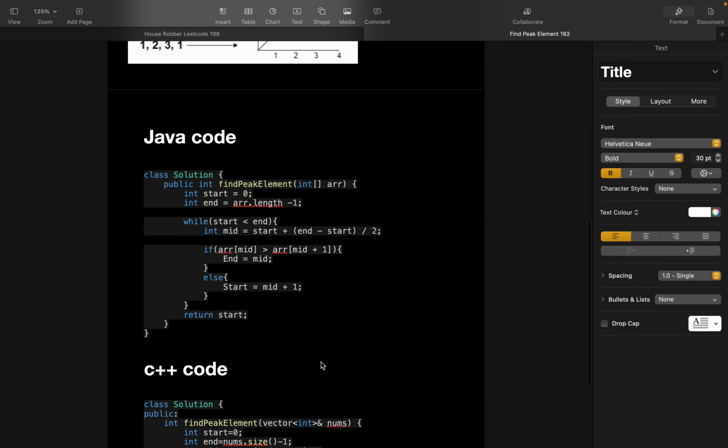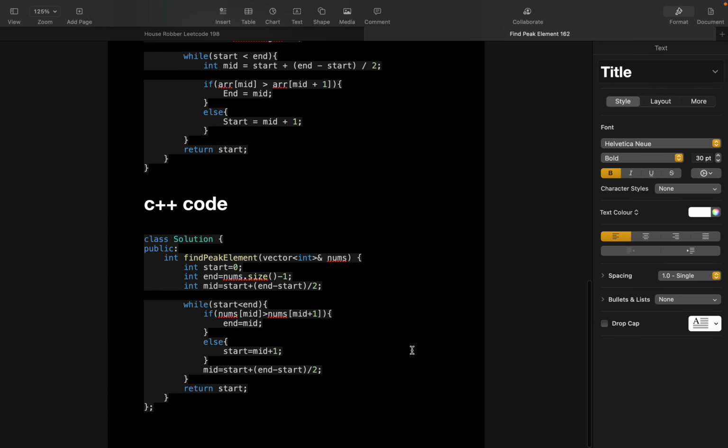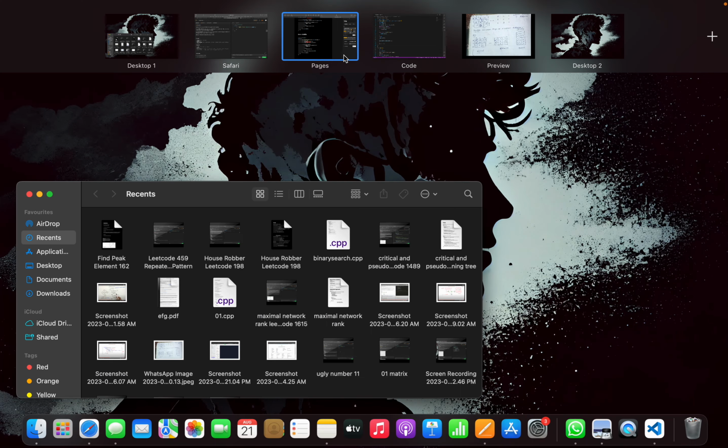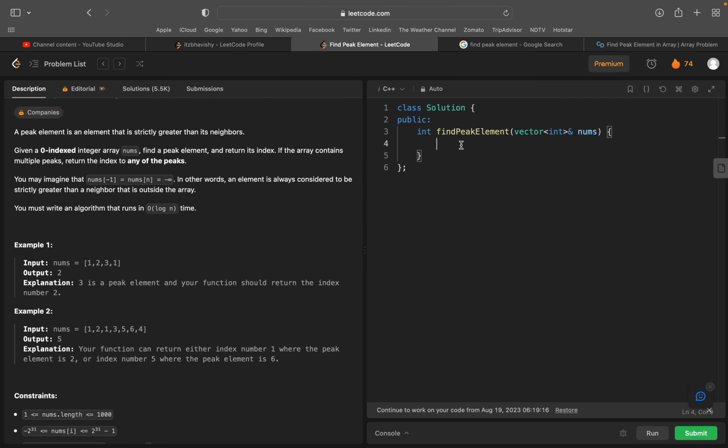So here come the Java code and C++ code. Let's do the code. Firstly, we have to define the size: int n equals nums.size. Int start equals 0, int end equals n minus 1.